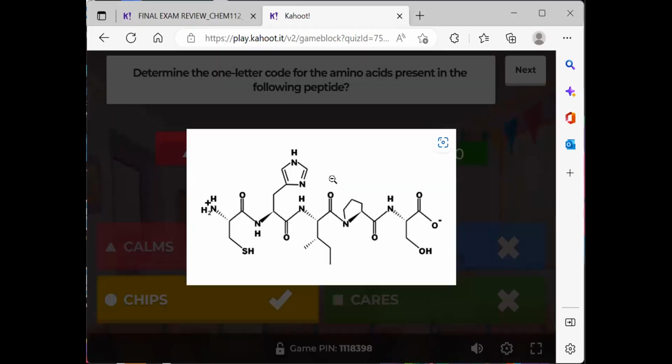So when it comes to peptides, and we're trying to determine the amino acids that are present, remember that whenever we see these structures, we always have an NH3 in the beginning. Immediately after that NH3, there's going to be an alpha carbon, and we're going to have a side chain. And this side chain, this is cysteine. Then